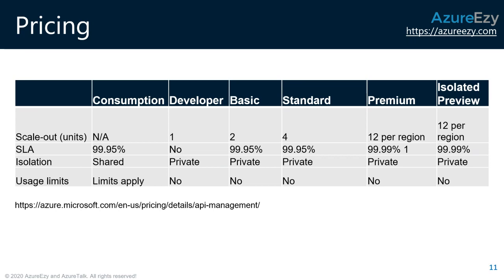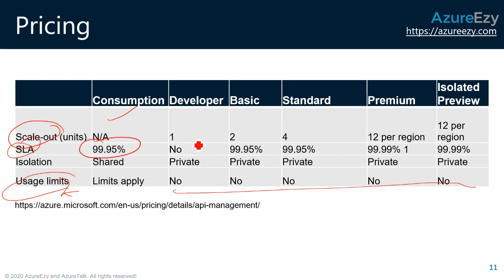The most useful information which you might be interested in understanding is the scale out, SLA, and the usage limit. You will have a usage limit in consumption, but the other tiers do not have any usage limit. The other thing is the SLA, how much SLA you are getting. The developer tier, which is pretty much for development purposes only, does not have any SLA. But if you are picking any one of the others, then you are getting a varied amount of SLA. You can actually get four nines in premium or above in the isolated preview. But other than that, you will only be getting 99.95%, which is something you might be interested in understanding,